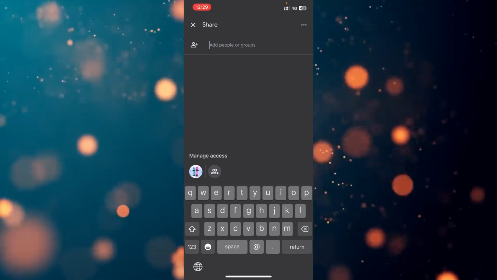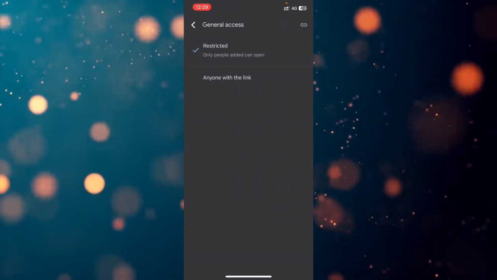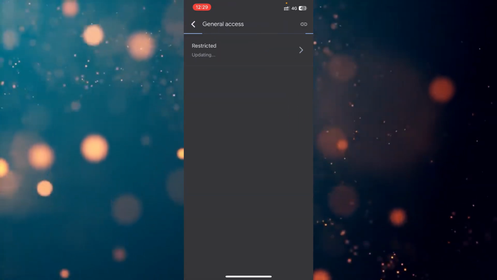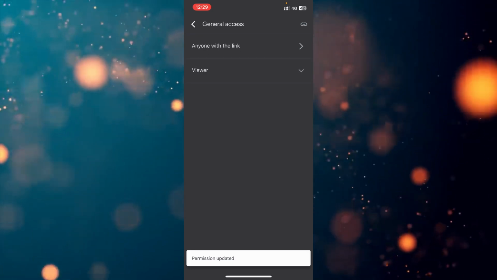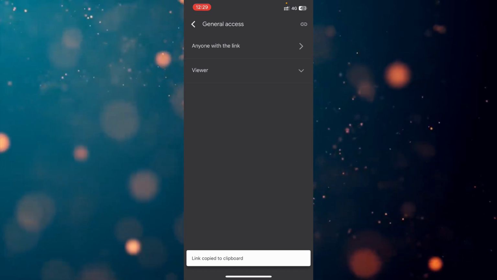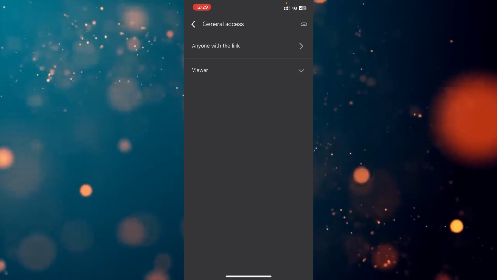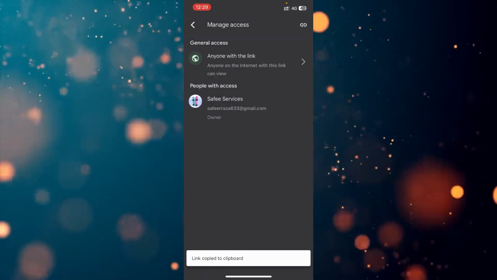Now simply I am going to click on this profile section, and now this is restricted, so we have to make it anyone with link here. And now simply we have to get the link, so you have to click on this option and you will get the copy link. Now you have to choose the access with the link, for example, viewer, commenter, or editor. For example, I want the viewer, so we have to copy the link,